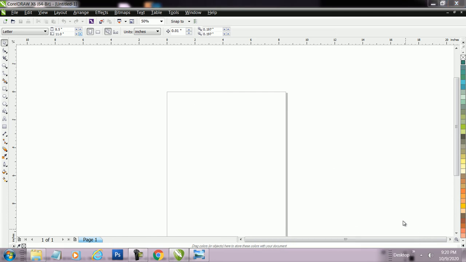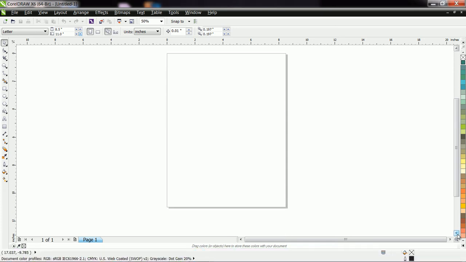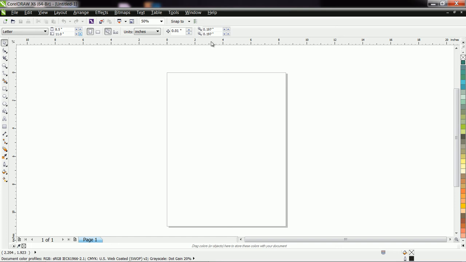Now let us, for drawing the straight line, use guidelines. Okay, how to take guidelines? For guidelines, simply you have to click on the scale and drag it.